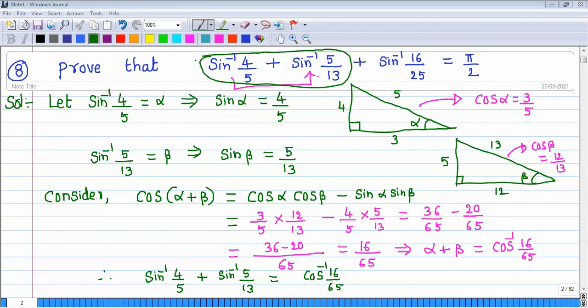Now take the left hand side. Left hand side means total. This one you need to take here to here. Shall I move to next page? Yes, sir. Okay, now